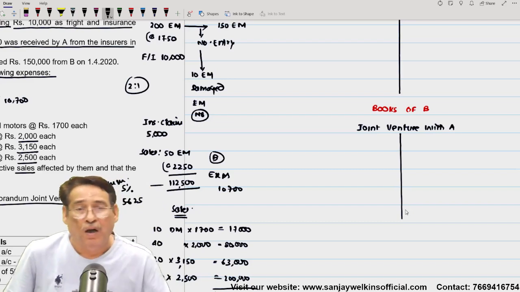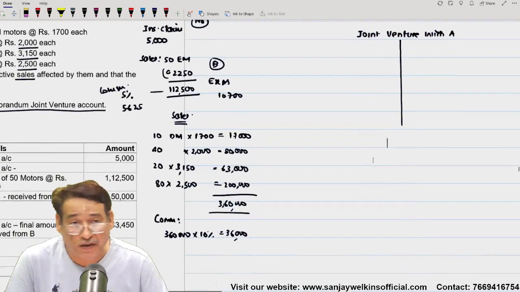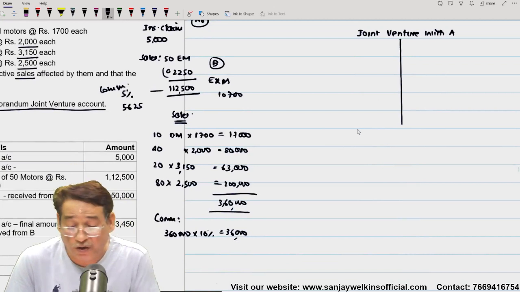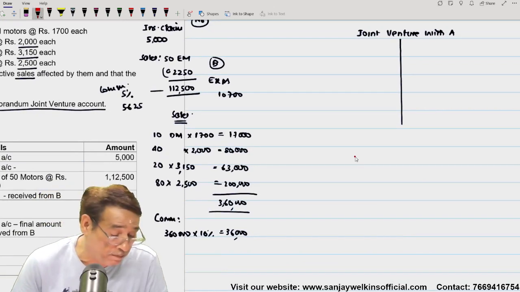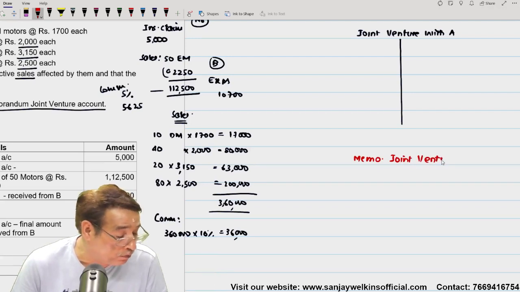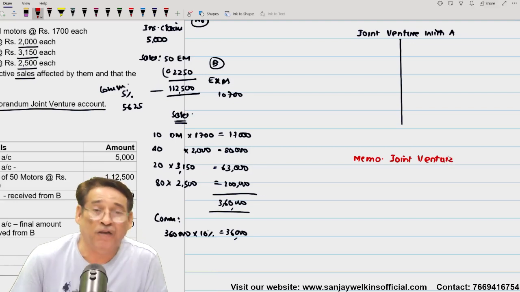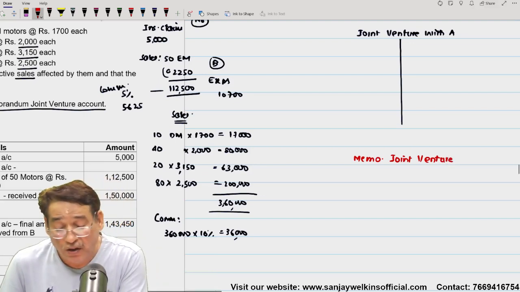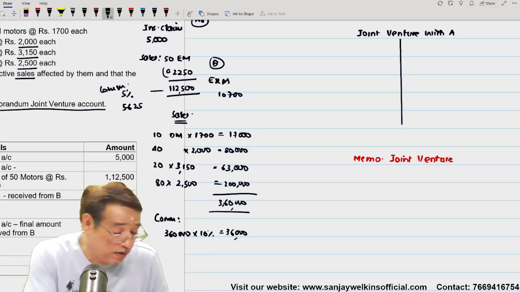Correct? Once we have prepared both these accounts, then we are going to prepare a common account that is known as memorandum joint venture account. Then we are going to prepare this account. And in order to prepare this account,